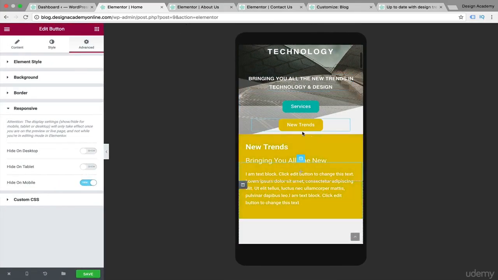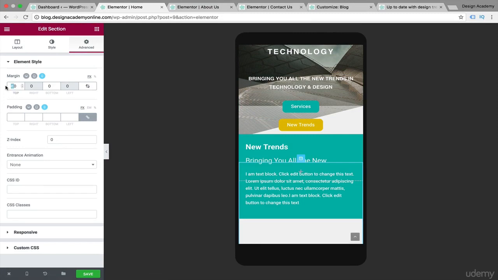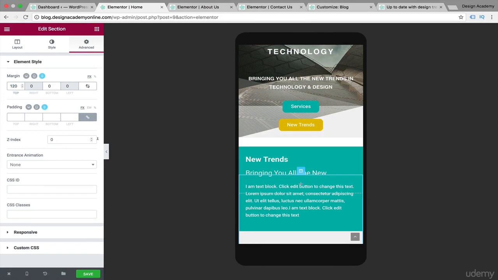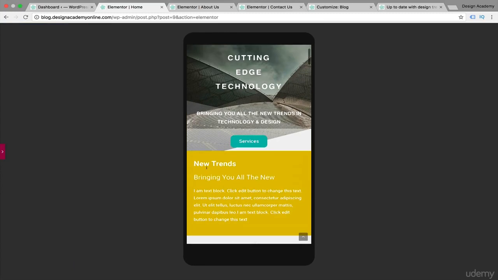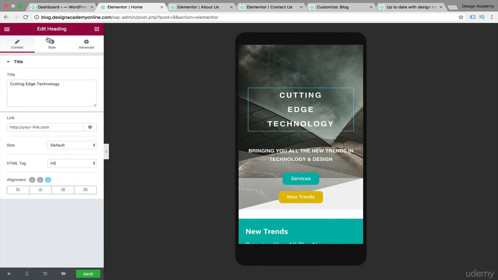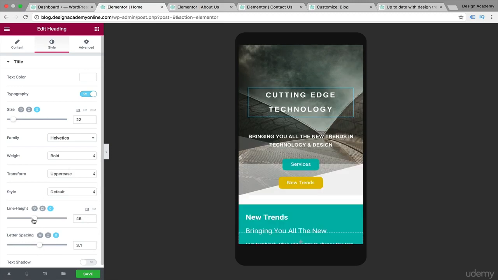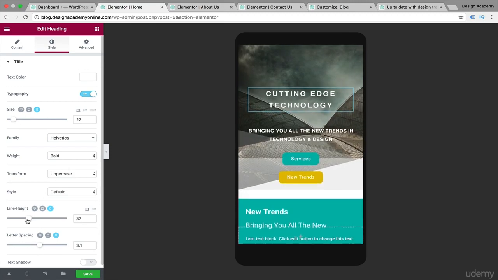I think we need to move this one more to the bottom, 120, and let's preview that. Now it looks even better. Maybe we need to customize our typography a little bit more in here. I don't like how it looks, so we can increase. We might reduce our line height for our typography like that,